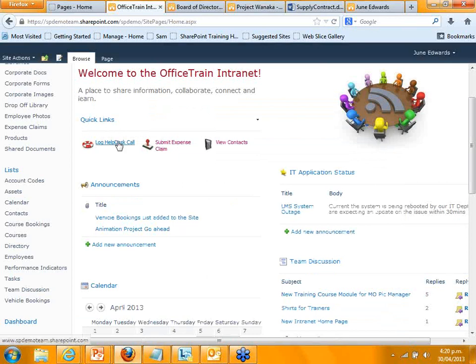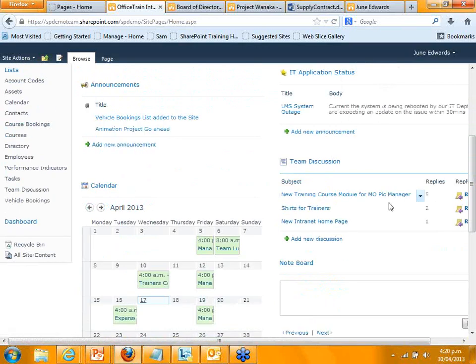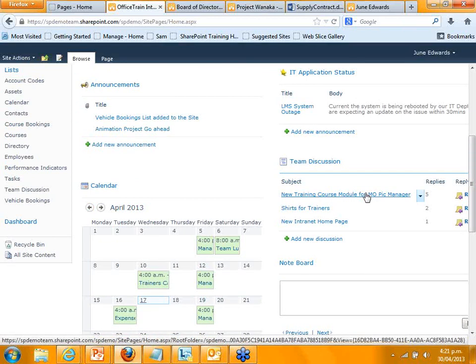You can add things like quick links, and these are really easy to add as well. So you can have all sorts of quick links to information that your organisation uses. And you can have things like team discussions. The idea behind team discussions, and behind a lot of the information kept on your SharePoint site, is that they provide a way of sharing information without having to use email.